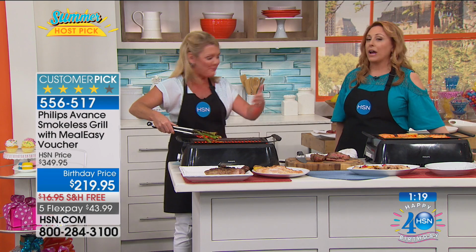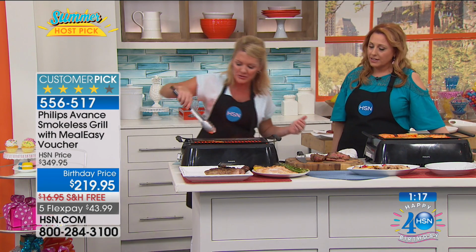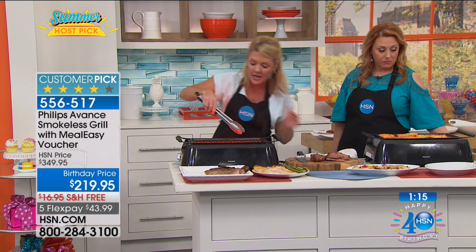Asparagus, now you know what's going to happen to those outside. They end up in the coals. They end up down in the fire. Through the grates, you don't get them. So Philips does a great job spacing their grate, but